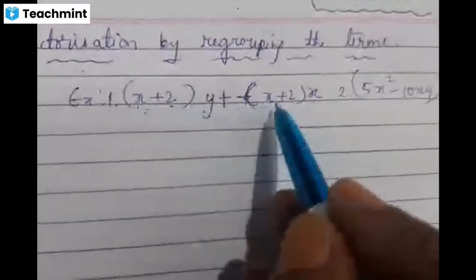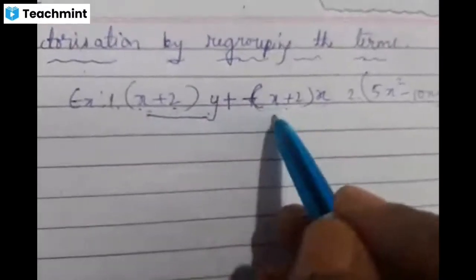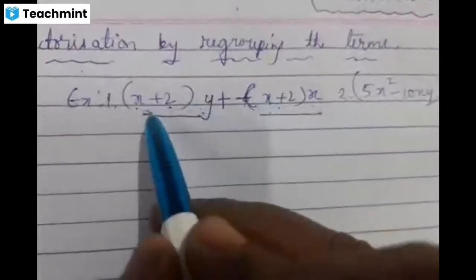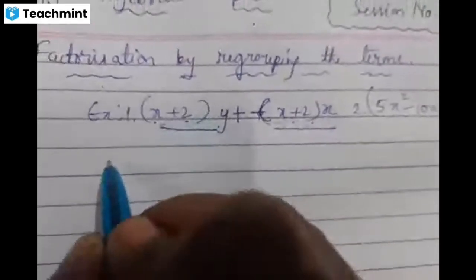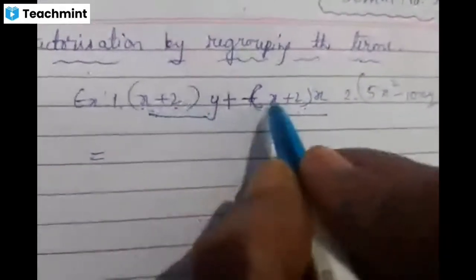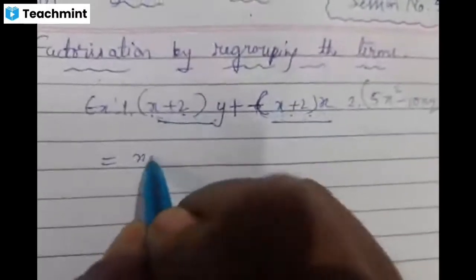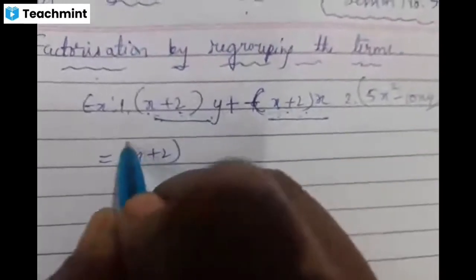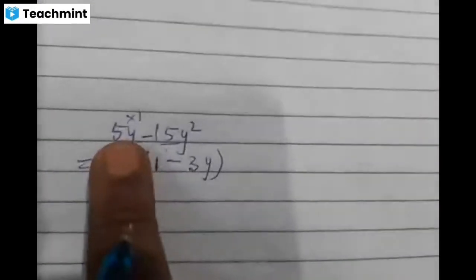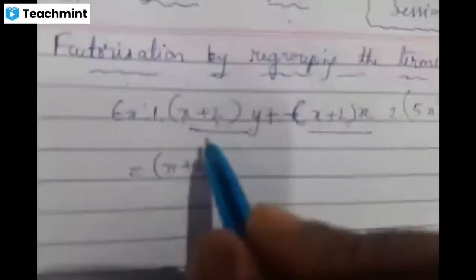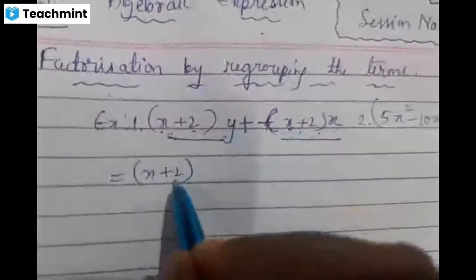x plus 2, if this is one term and this is another term. Here x plus 2 and x plus 2 is common in both. Therefore, we are going to regroup the binomials. That is, x plus 2 is common. We will keep it outside. How we kept the monomial term 5y outside the brackets? In the same way, here x plus 2 is common, children. So, x plus 2 is kept outside.